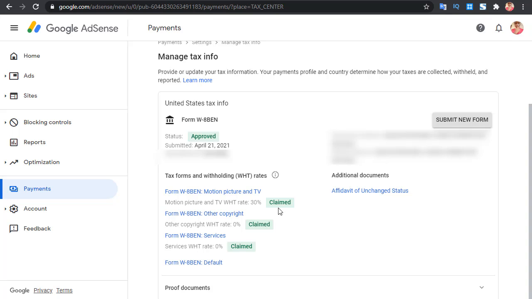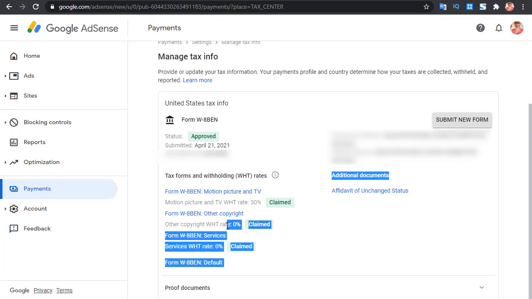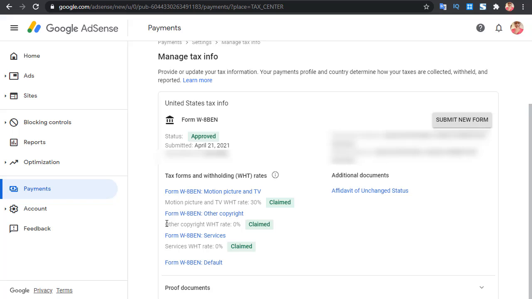And then you come to your AdSense dashboard and see status approved here, and then you see the form. Also, you see the tax rates you claimed right here: other copyright, WHT rate 0%, that's the tax one.